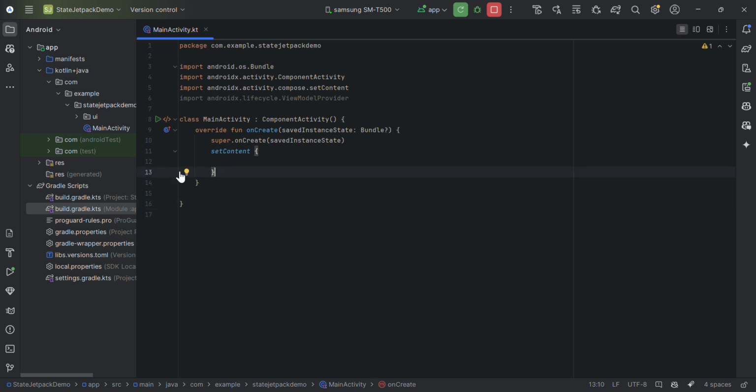So let's get started. I have created a simple state Jetpack demo project. In the blank project I have not set up anything. We'll create a simple application, and in that we'll create one text and one text field. Whatever we write in the text field, we will add that output to the text. So let's get started. We'll create a new composable file, and we'll give it the name state demo,